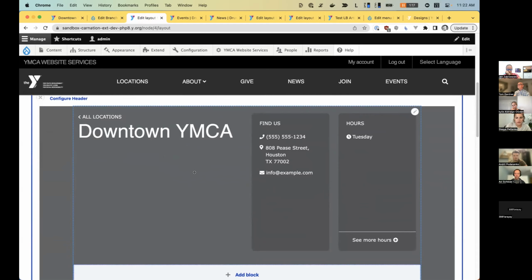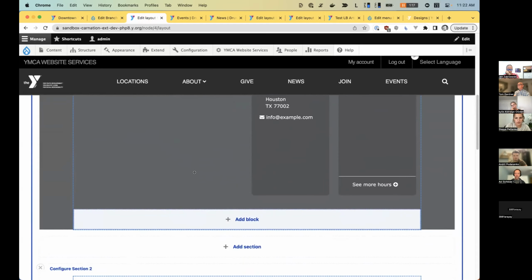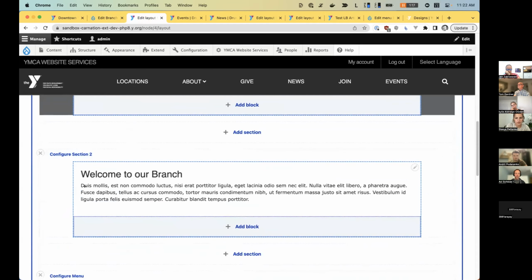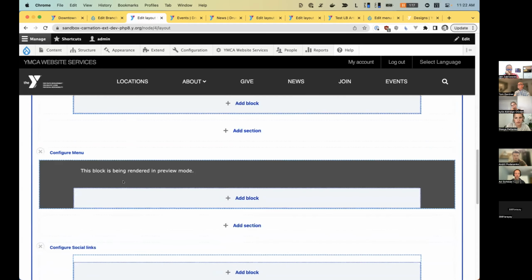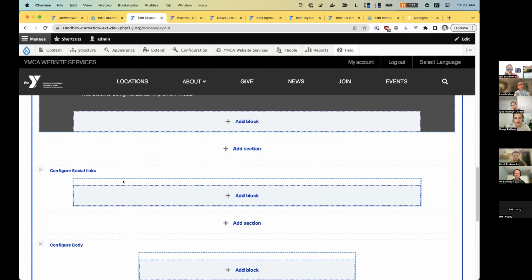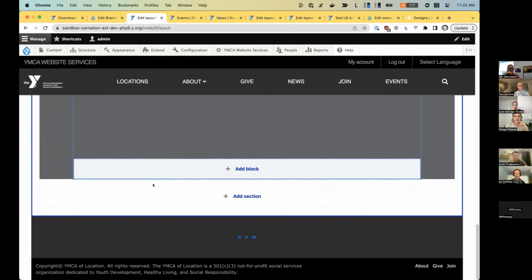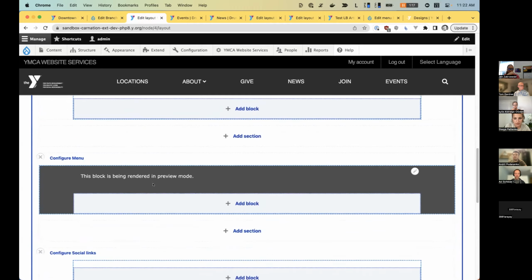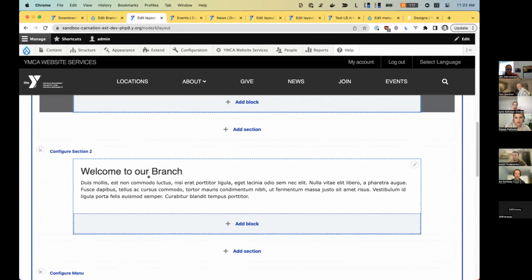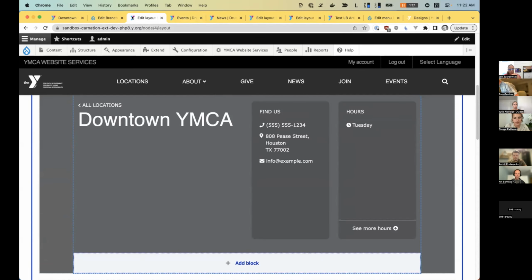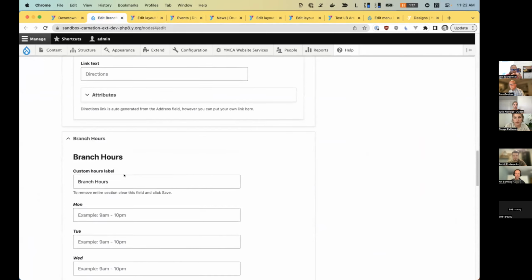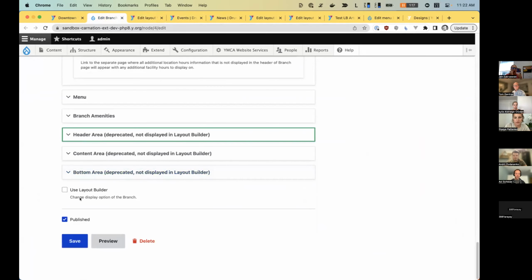So we've got this brand new big header that has a lot of the branch information. You'll be able to add sections. There's also amenities, some social links, and a bunch of other stuff that's pre-configured for that branch page. I've added just a little basic content here. And now if I go back and edit this and check Use Layout Builder,